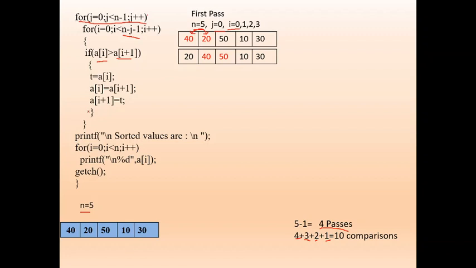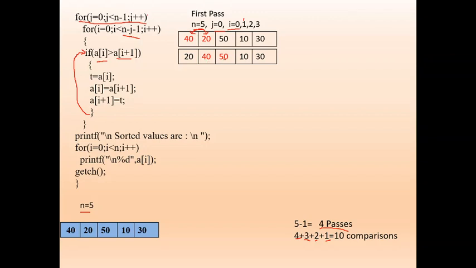Okay, control will move to the inner loop. Now what is my i value? I value will be 1. A of 1 is compared with A of 2, that is 40, 50. I have underlined these numbers with red color so that you can understand easily.